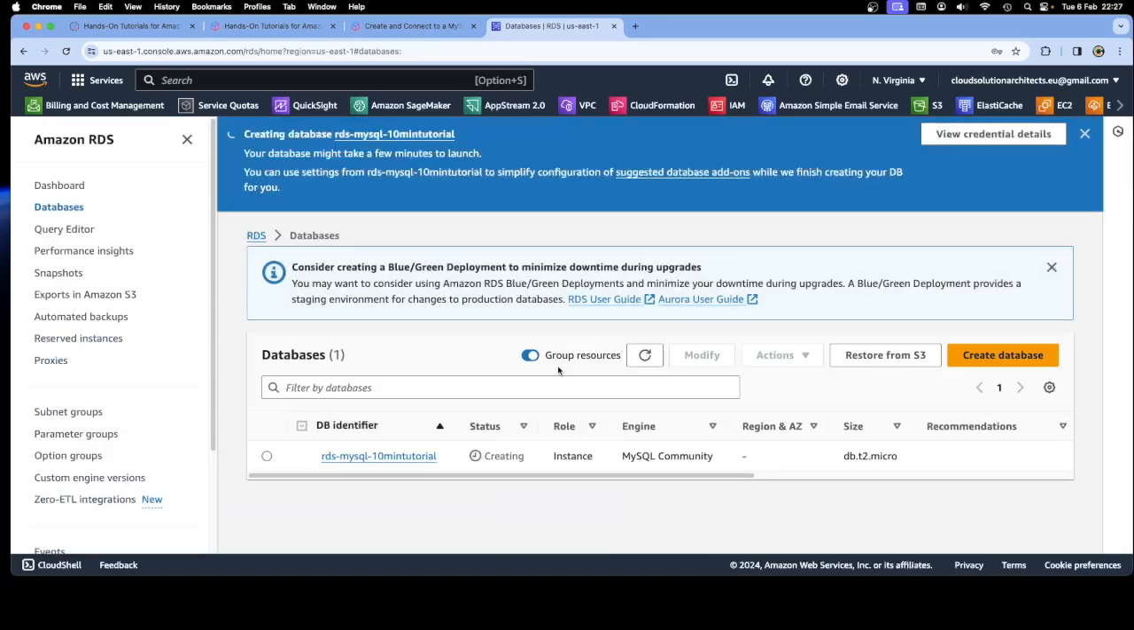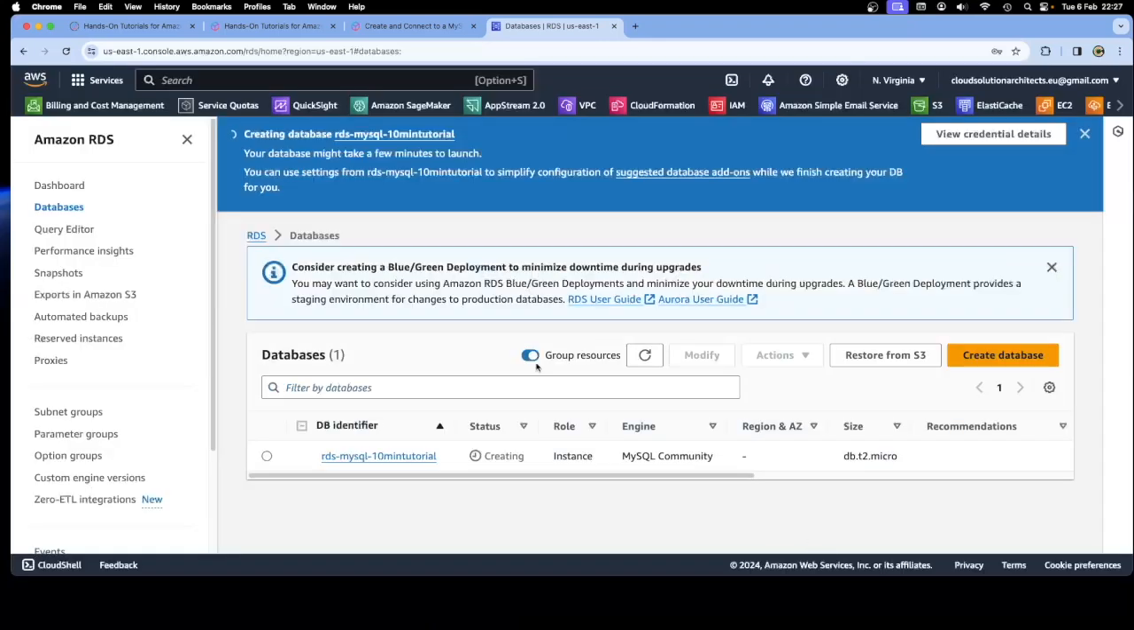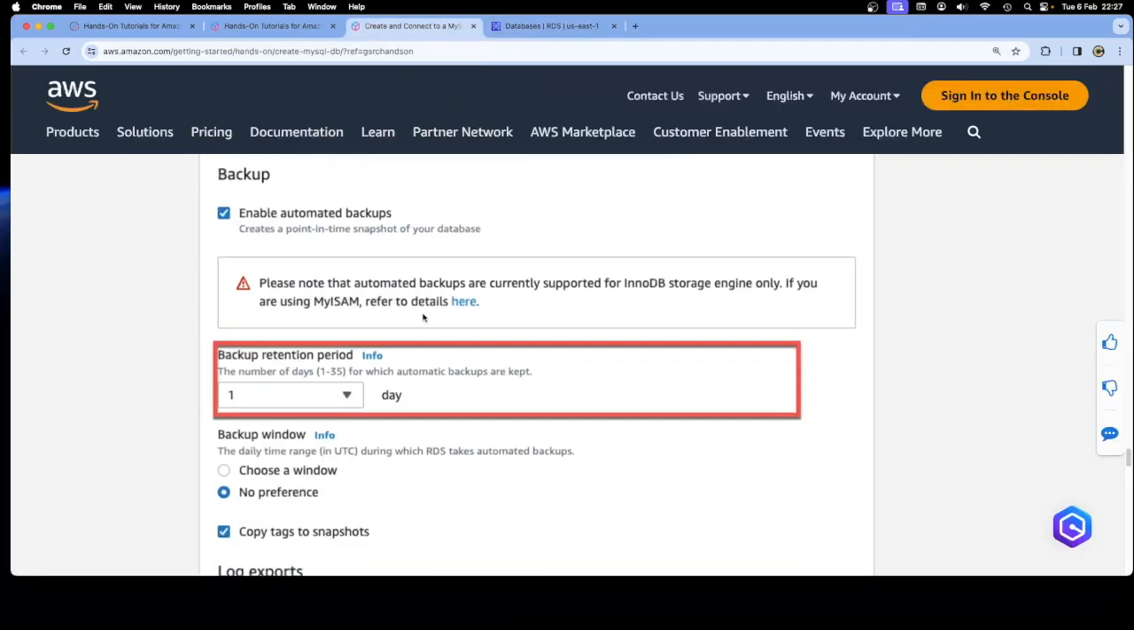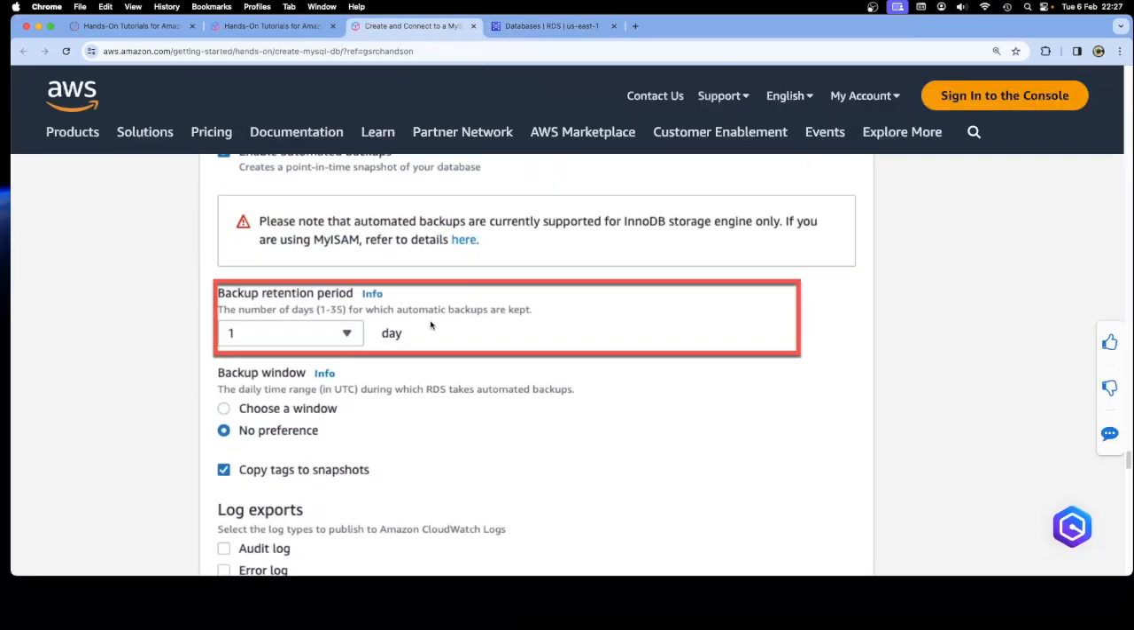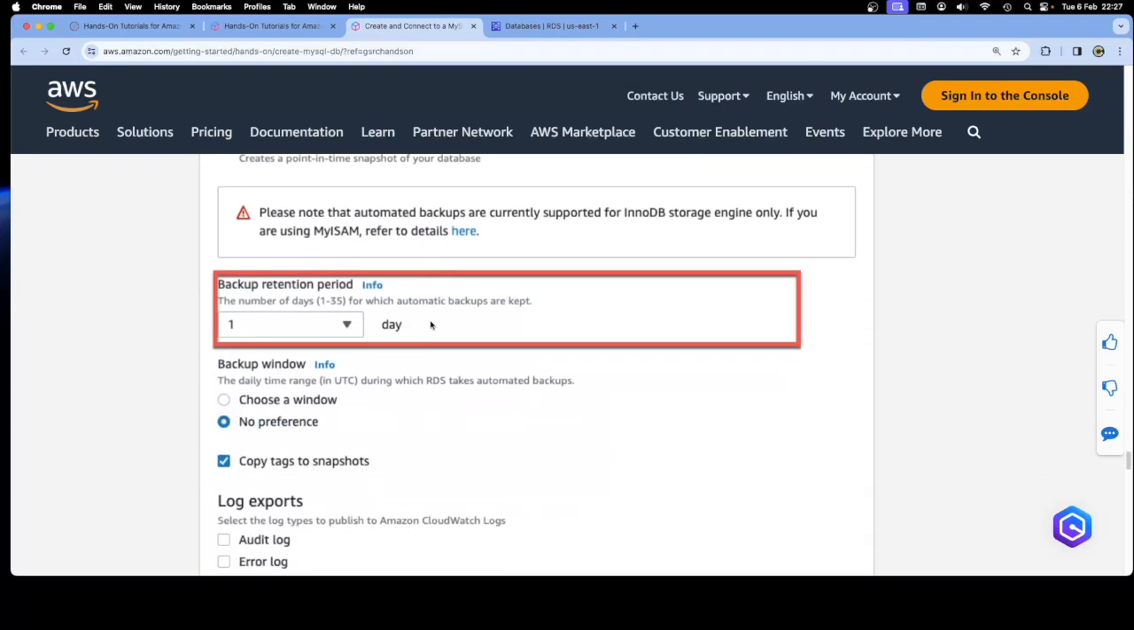You can see here it's creating the database, with suggested add-ons. You could create a proxy for RDS Proxy. We'll do that some other time. Create an ElastiCache cluster. We'll do that some other time. But now, while that's creating, if I go up to database options and backups,